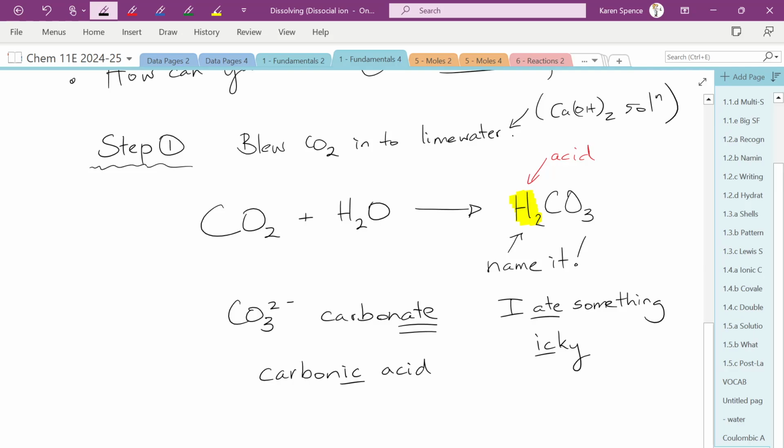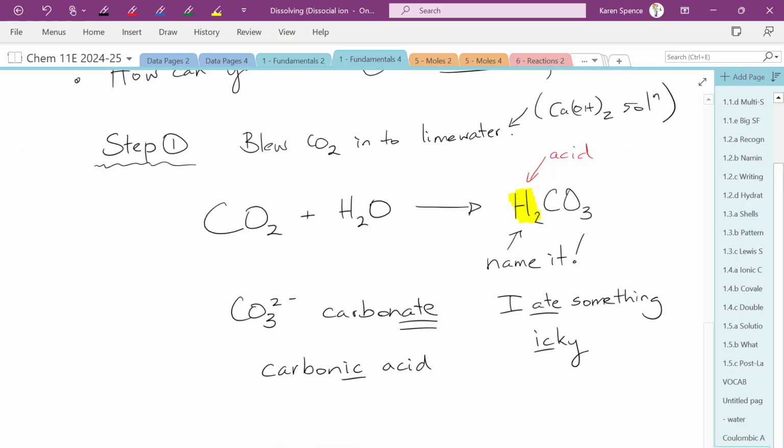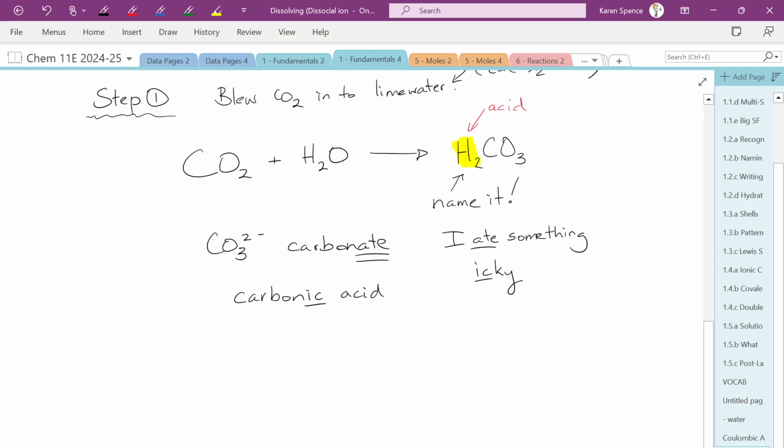Yes? Pardon me? We started with the base. And now we're adding an acid. We still have the base. Okay, so this is step 1. Step 2, it reacted with the water part of the lime water. We still haven't dealt with the lime part of the lime water. Okay. Step 2,